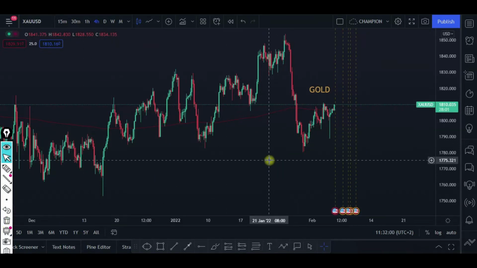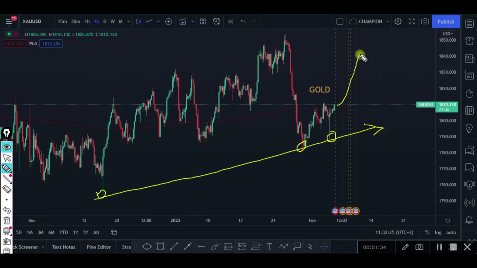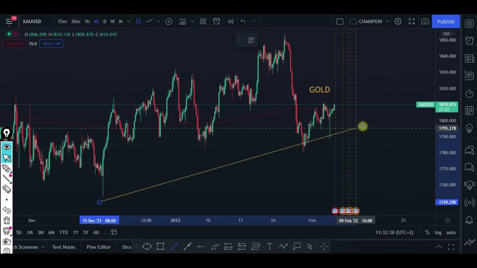gold. Ladies and gentlemen, on gold we can tell that the chart is bullish. The price is in a bullish uptrend. I hope you guys are able to see that. The market respects this area every time it reaches the area right here, and we can see that the market might be pushing high during that NFP news today.